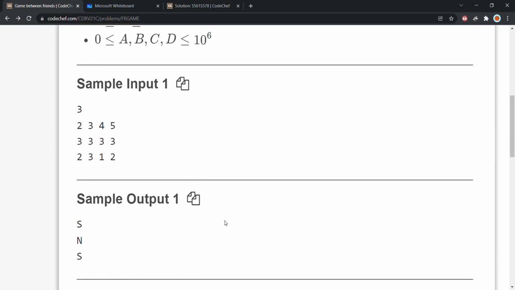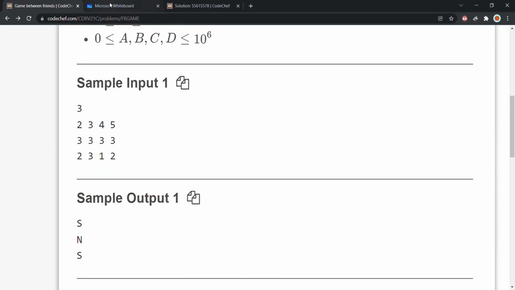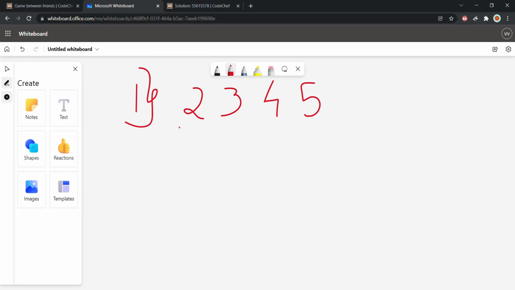Let us understand this sample input and output clearly. In the first test case, it is given that initially Nitin has 2 coins and Sobhagya has 3 coins. Ritik came and gave 4 coins to the one who is not winning in the first round. After that, Satyarth gave 5 coins to the player who is still not winning. And after that, we simply print S or N, whoever is the winner of the game.